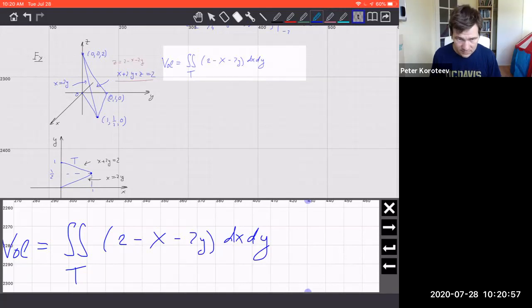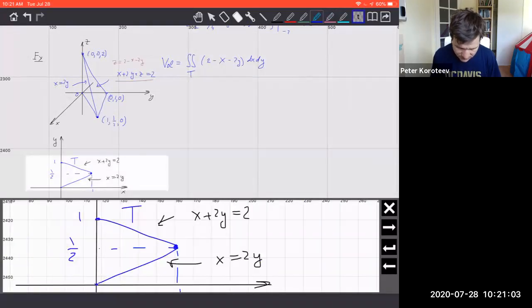Okay, so that is the setup, and now we need to decide in which order we will do the iterated integrals, so that it will make the most sense. It will be the quickest, the easiest way possible. So if you slice this domain vertically, we'll be able to write it as a single integral, right? Because if you try to slice it horizontally, then there's trouble, because the area will be bounded by two different lines on the right. So instead, we'll do a vertical slicing.